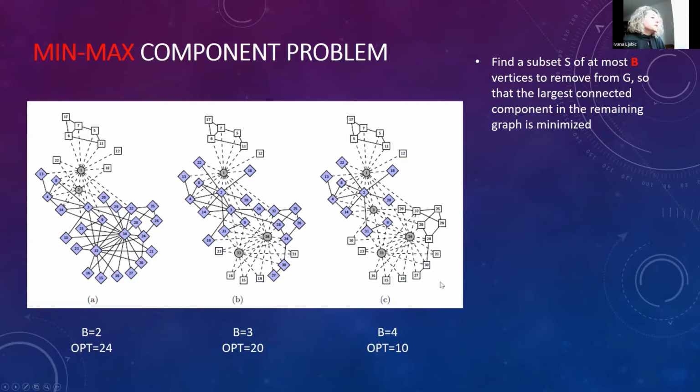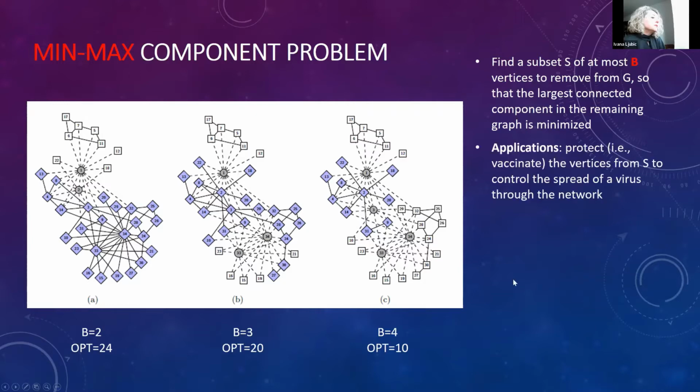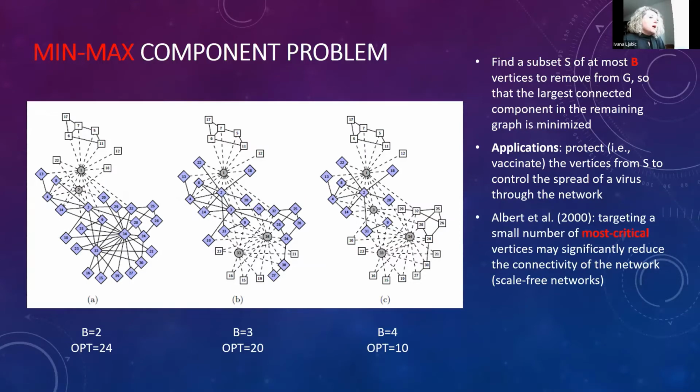Okay, so another interesting application would be also in the spread of fake news. And then you would say, okay, these nodes that you are protecting are the ones that will block the spread of fake news, because the news will be spread no matter where they appear in the network, only inside of their connected component. So the problem has been introduced back in 2000, where the authors have shown and called it that